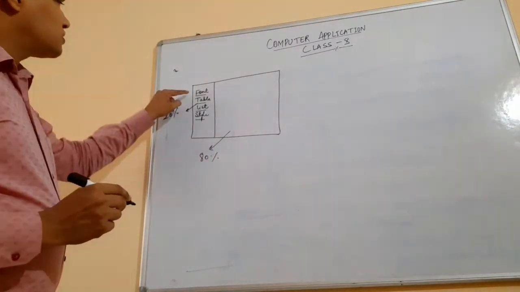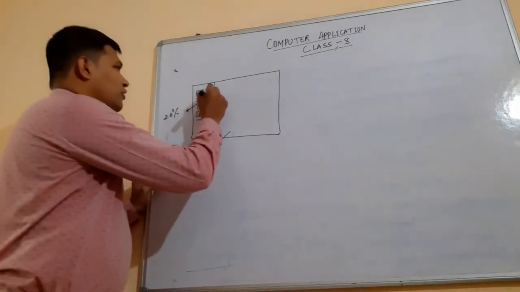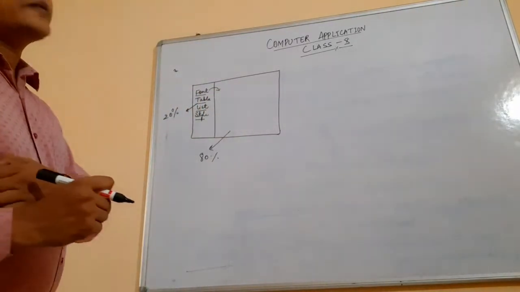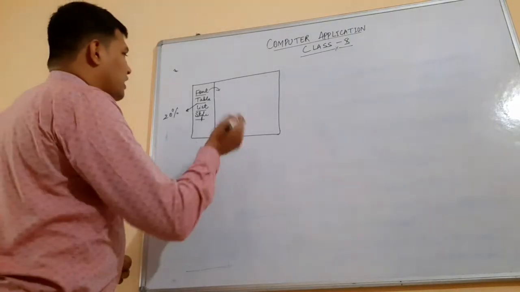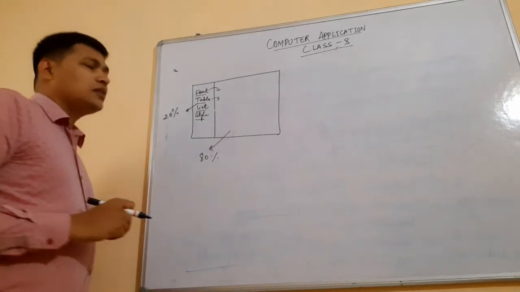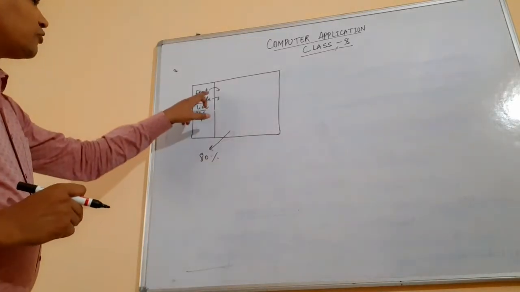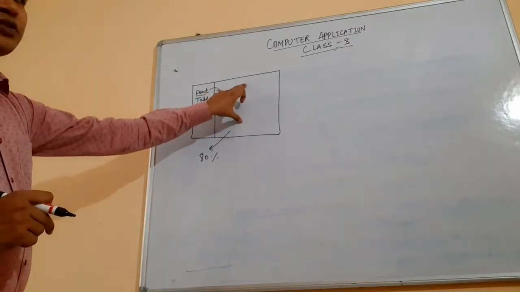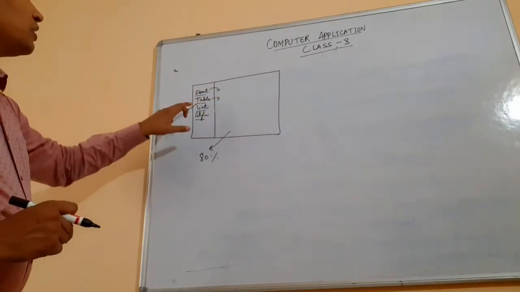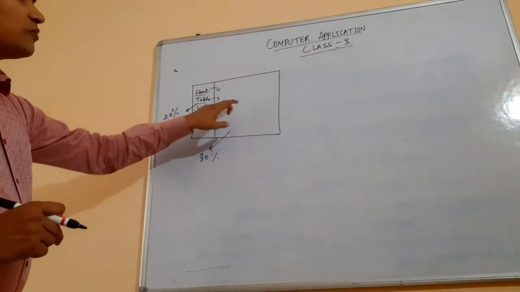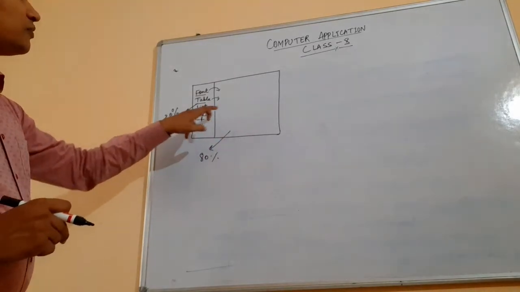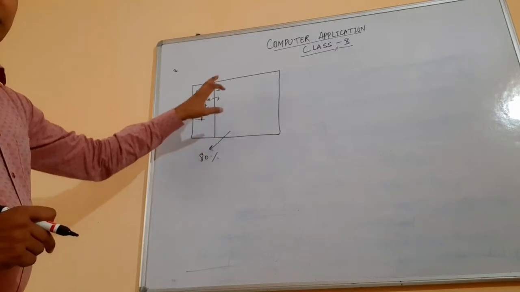When anybody clicks on this font, the font related information will display in this 80% area of the web page. When the user again clicks on the next, table, again the same thing will display in the 80% area. That means if you click on the font, it will give the information about the font. When you click on the table, it will give the information about the table, and when you click on the list, it will give the information about the list in the 80% area, and when you click on the style, then it will display the style tag of the HTML.